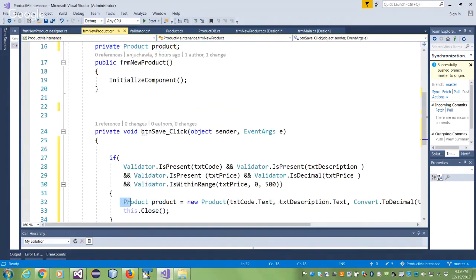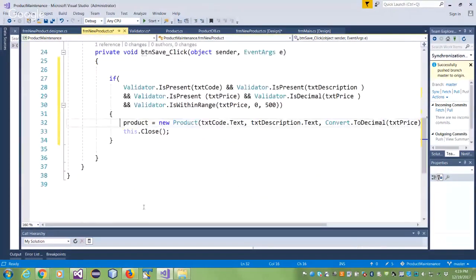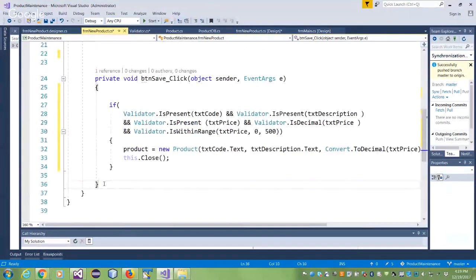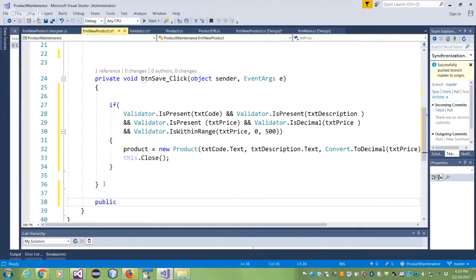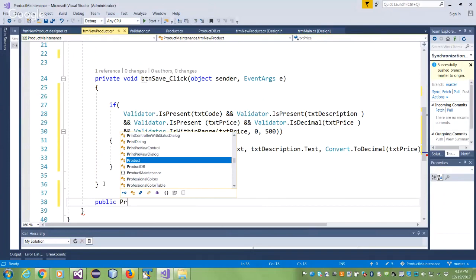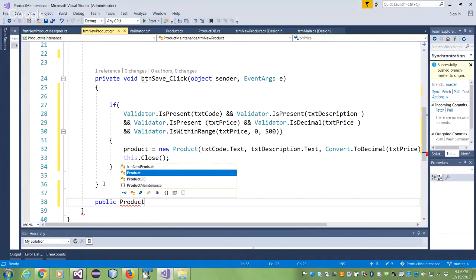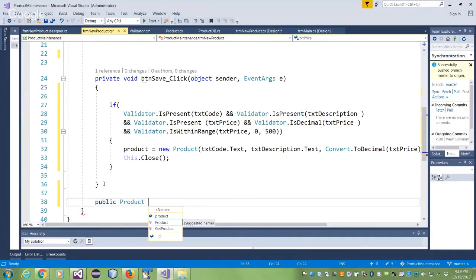And then create it here. Don't declare it here. If it's local, how will I pass it back? And I close the form. So the product has been created. I'm going to write a public method here that returns a product. I'll show you in a minute how I'm going to use it. I'll call it get new product,